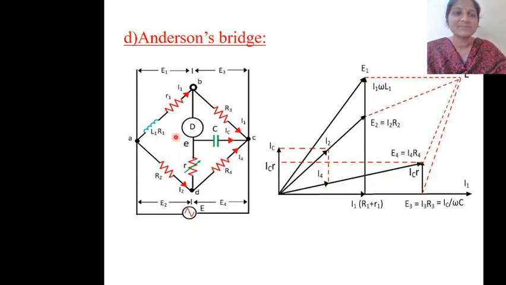So this Anderson bridge consists of 5 nodes. Apart from the other bridges, the only thing is it consists of an extra node here. So that means it is having 5 nodes here. So the circuit will be a bit complex here. The solving of the circuit becomes a bit complex, but this circuit will be useful, will be highly accurate, and you can measure any small value of inductance also.